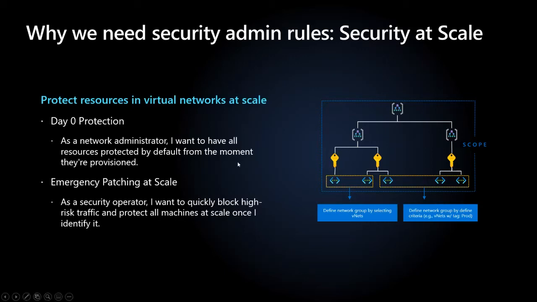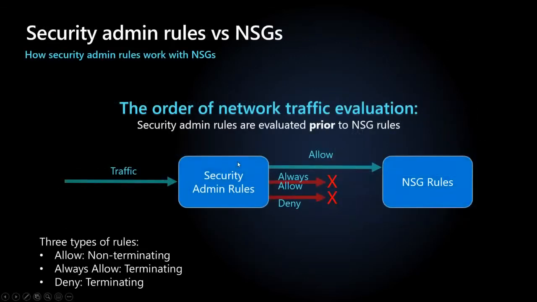Okay, let's move forward. So I want to review how secure admin rules work with NSGs. So as I mentioned, they can work in parallel. So how it works in parallel is that essentially they're separate rules, and how it works is the order of network traffic evaluation. So as you can see from this diagram, when the traffic comes to secure admin rules,